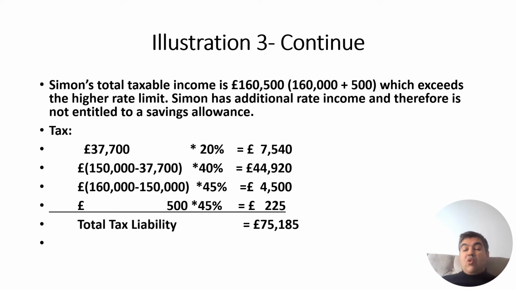Obviously you can just write one or two lines that there's no personal savings allowance because of his income, and no personal allowance because of his level of income. So this makes one or two lines. Okay,